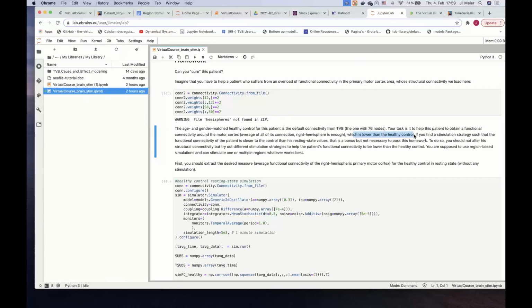You can stimulate one region, stimulate multiple, you can use different pulse trains, you can adjust the parameters of the pulse train, and you are only supposed to use region-based simulations. But if you want to try out a surface-based simulation, feel free to do so as well, however you prefer. And you can stimulate multiple regions, maybe also with multiple different pulse trains, as you have seen one step up here. But first, you should extract the desired measure,